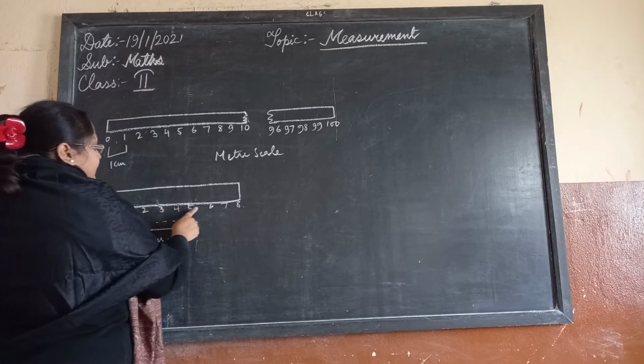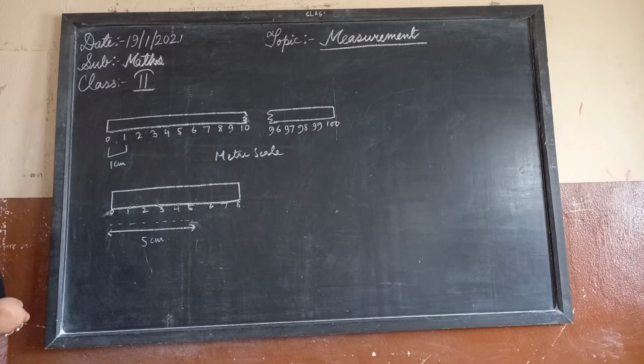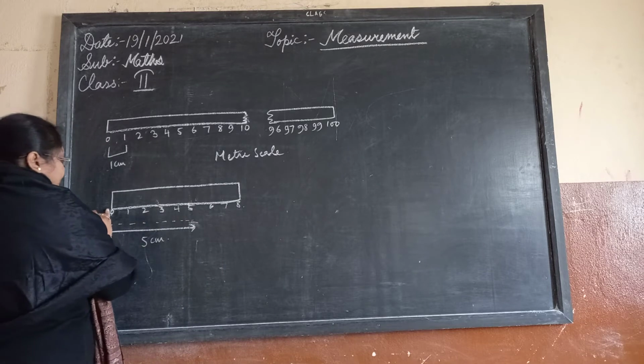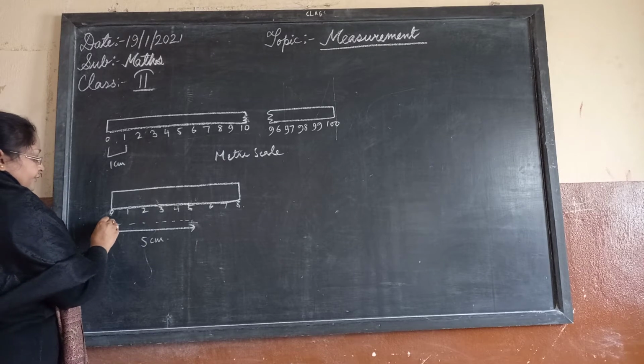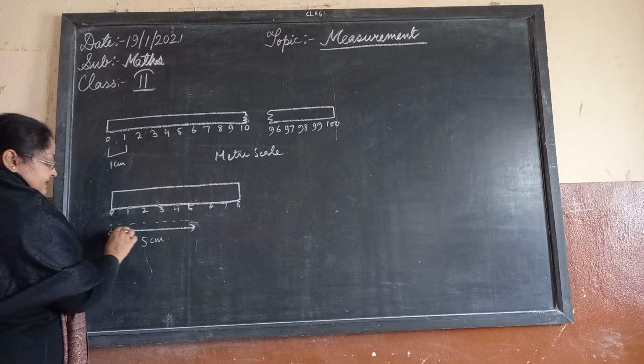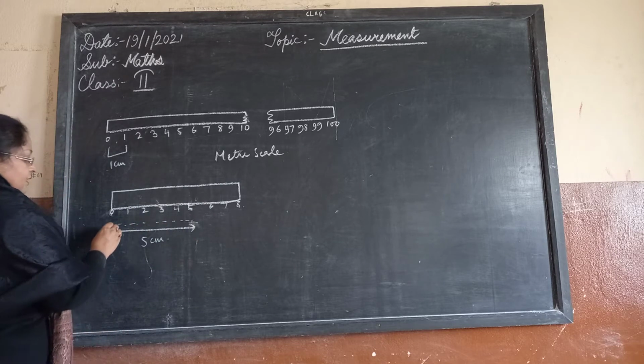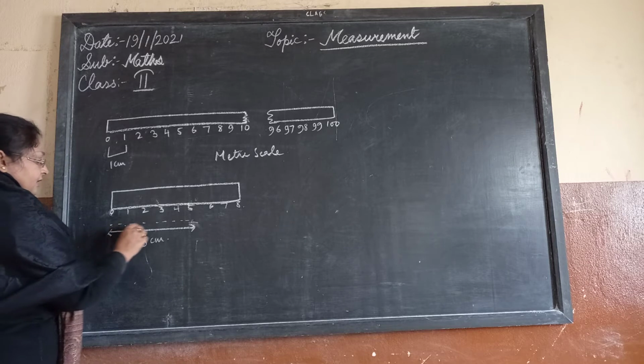1, 2, 3, 4, 5, 6, 7, 8, 9, 10, up to 15, or maybe up to 12 it is. So how to measure that particular? Take the pencil and from this particular line to this particular line, make a straight line just like this, with the dotted pointed lines like this. Okay. So with the pencil, then join this particular line.